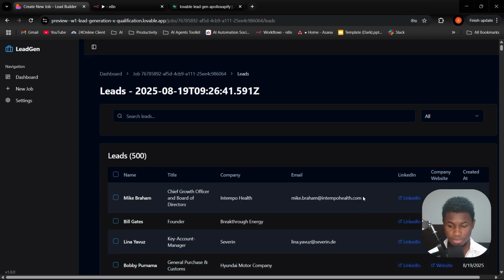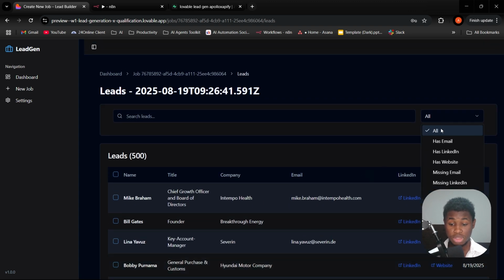And we can actually also filter, because if you notice here, we have some fields that do not have the email. So we can just filter, for example, say we only want all of them that have the email. And don't worry, I know I said that I have some qualification criteria where the qualified ones are the ones that have the email. But